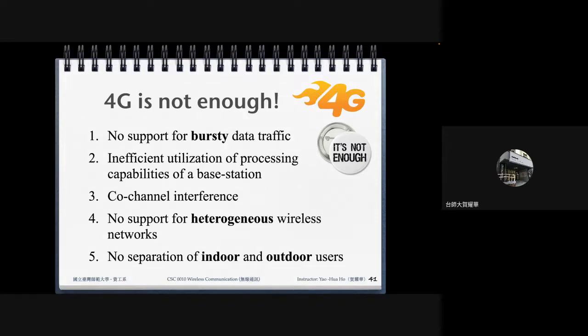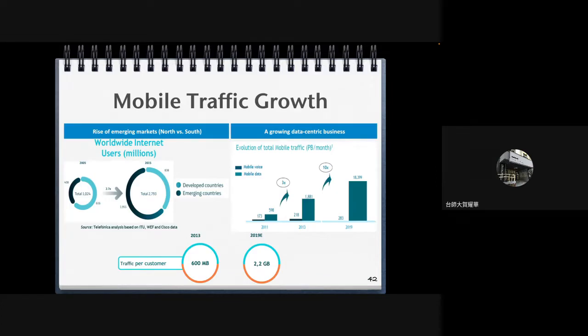Okay, it also has a congenital interference in fourth generation and does not support heterogeneous wireless network. Okay, and there's no separation between indoor and outdoor users on fourth generation. So, and in addition,